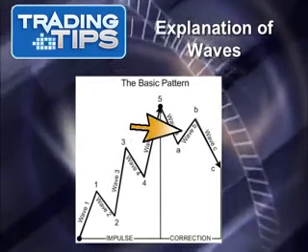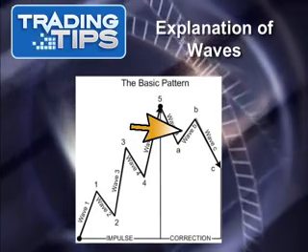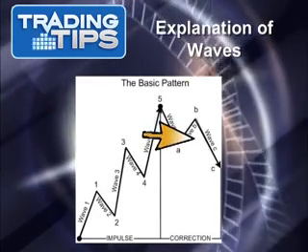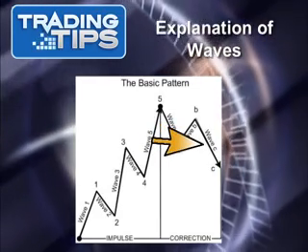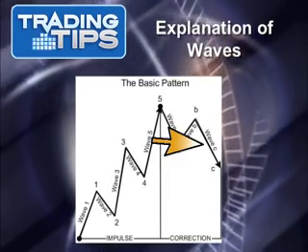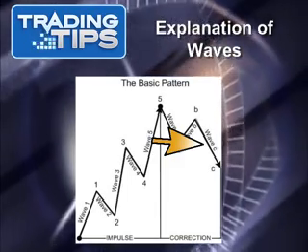Wave B, here prices reverse higher, but volume is lower than in the previous wave. This shows you're in the corrective part of the trend. And with wave C, it now becomes obvious that you're in a bearish trend, and wave C normally extends that magic number of 61.8% lower than wave A.